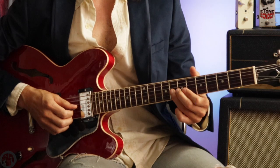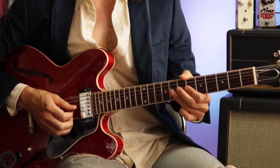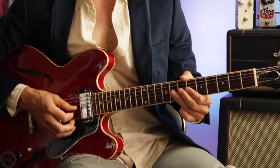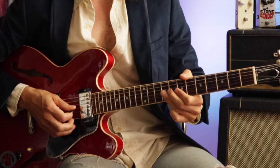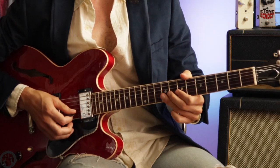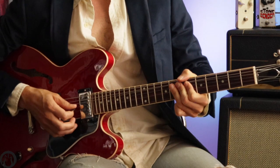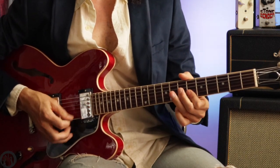So this is now the 4 and the major 6 of the major scale. And I bend that 4 and 6 up just a little bit because now I'm getting into that flat 5 and then the major 7. The flat 7 range. So just a little bit of grit right there. It sounds really good. So you put that together, you're gonna